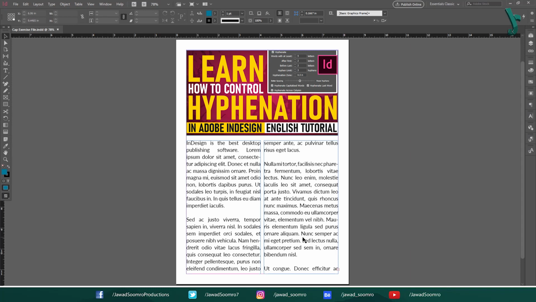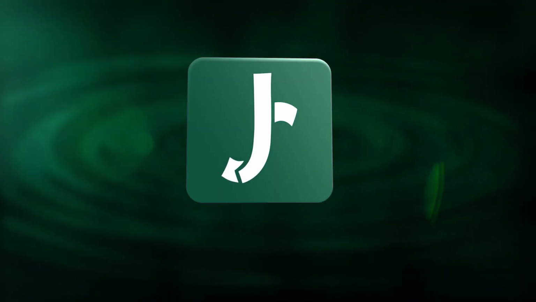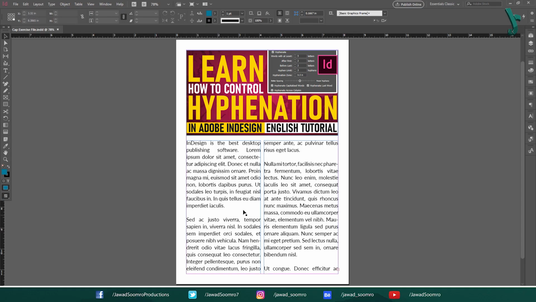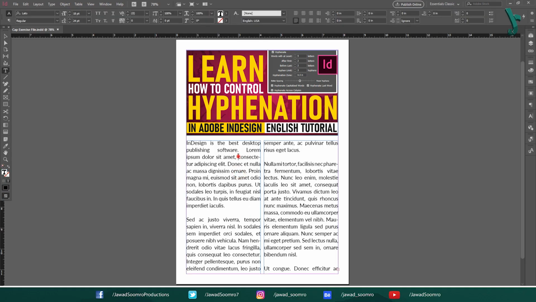In this tutorial, you will learn about hyphenation. Hyphenation is the process of dividing a word at the end of a line so that the remaining part of the word fits into the next line. This is done to improve the readability of the text and to prevent the words from being split across multiple